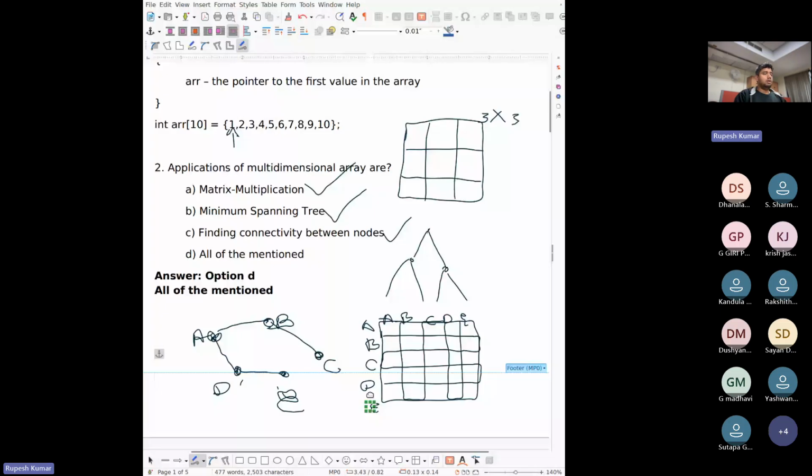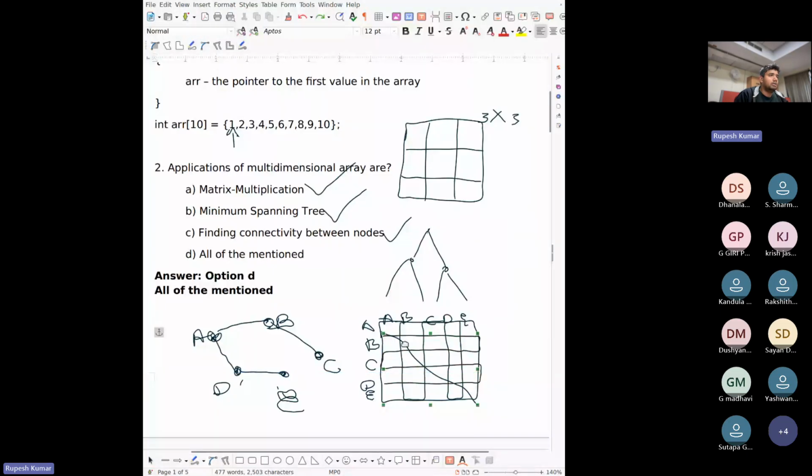So all these diagonal elements will be 0. I've just put a straight line to represent them as 0. So basically A is not adjacent to itself. So let's ignore A here. And now, for example, for the entry A comma B, there will be a value of 1. Why 1? Because A and B are adjacent. Then A and C, they are not adjacent, so you will put 0.